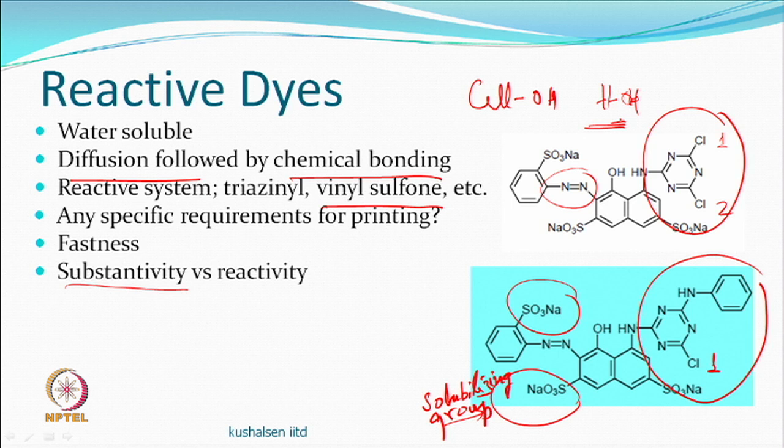As far as the dyeing is concerned, we do cold pad batch method, where the dye solution is prepared very quickly, all right, and then you pad, and then you pad with an alkali, and then you batch, all right. So, one has to take precautions. Once it is on the fiber and there is no water, not much water, then slowly it can get fixed at room temperature. But printing, the paste duration is large, so we do not prefer that kind of thing. Substantivity, as we said, would be low, relatively low.